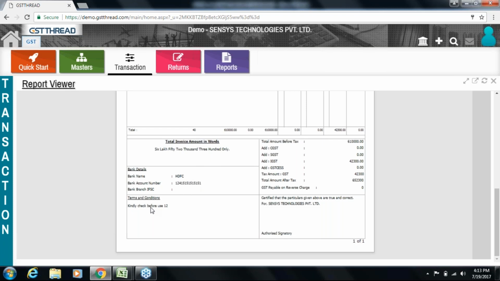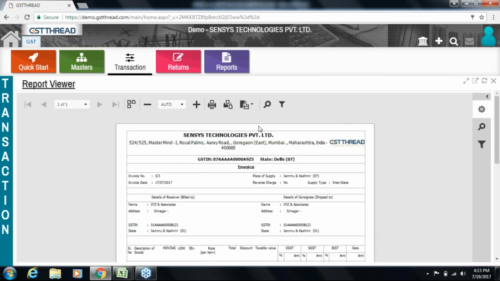Terms and conditions, if any, can be included here, and the authorized signatory can be mentioned in this field. The invoice can be exported in the following formats: PDF, XLS, Excel, and other formats as per your requirement.